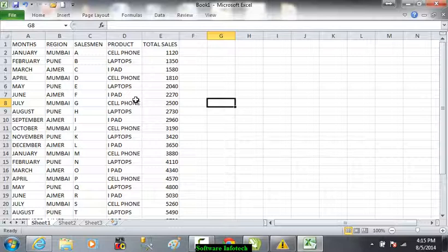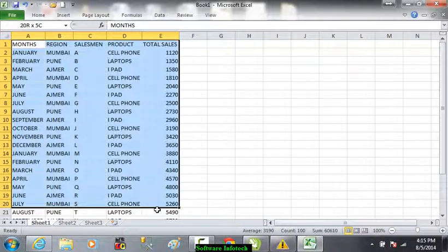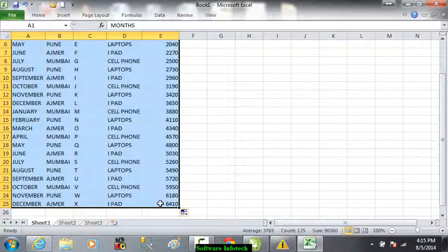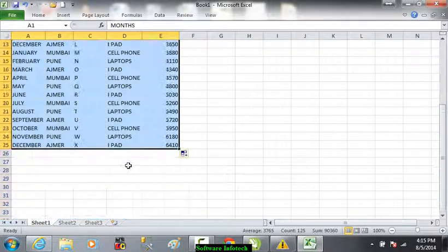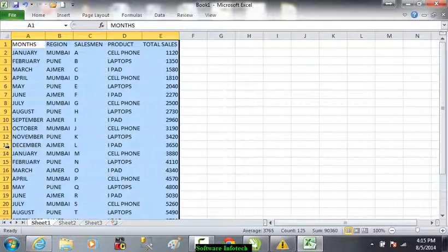Okay, now this table we have created, it is a very complicated one, right? So we have to make a pivot table so that it simplifies it. The table which we have created could be long also. This is only till row number 25, but we can create a pivot table so that it summarizes it.